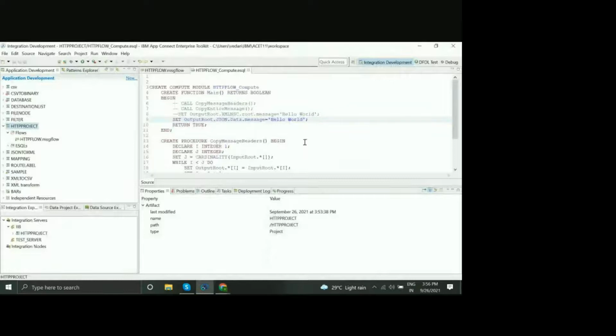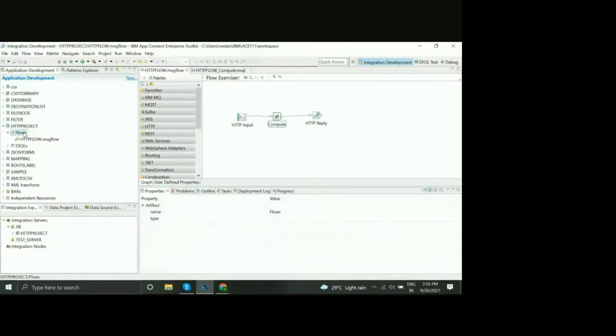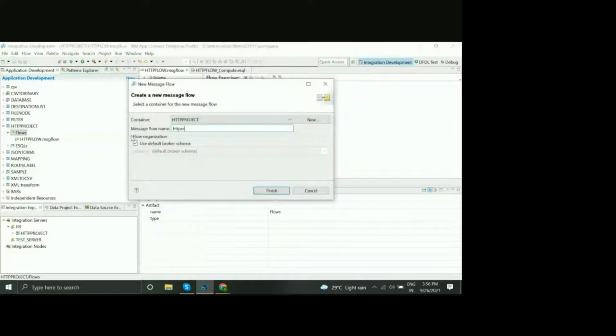Now, Vishnu, let's try another HTTP node called HTTP request. Create a new flow, give it some name, and click on finish.